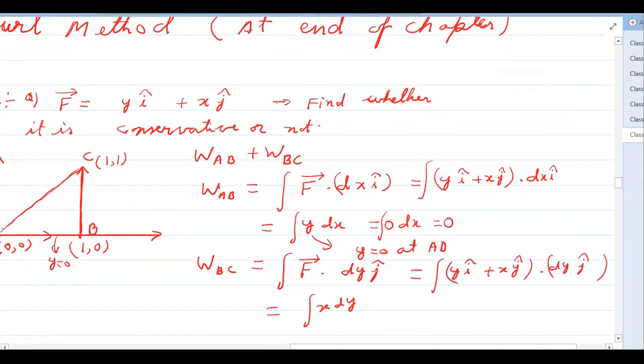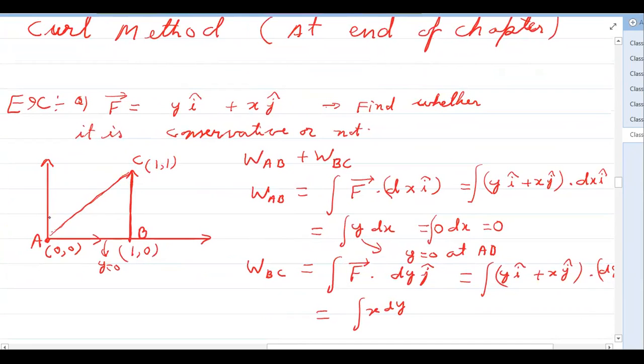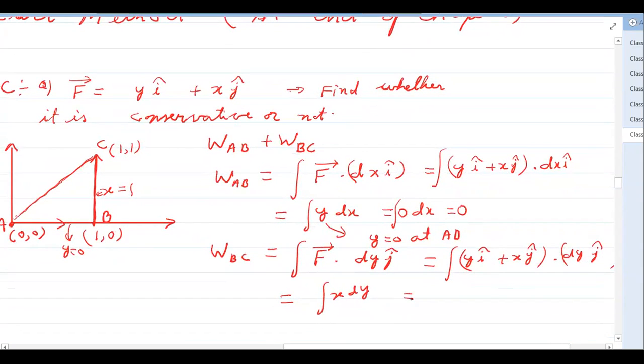The value of x on line CB is 1, because this line is at a distance 1 from the y-axis, and x is constant throughout. So 1 into dy, and y is varying from 0 to 1, so we will get 1. This is the work done. So total work done for path